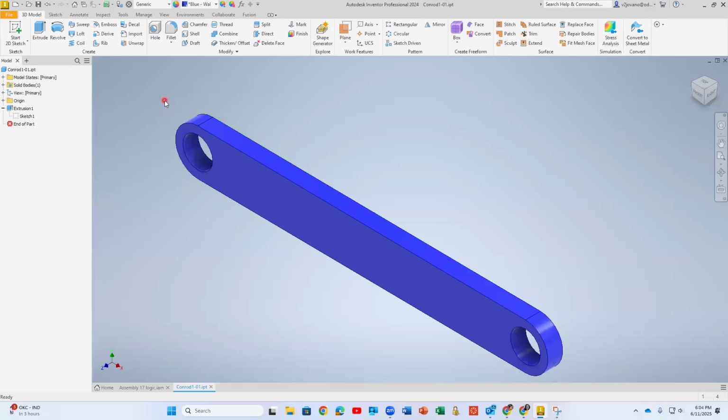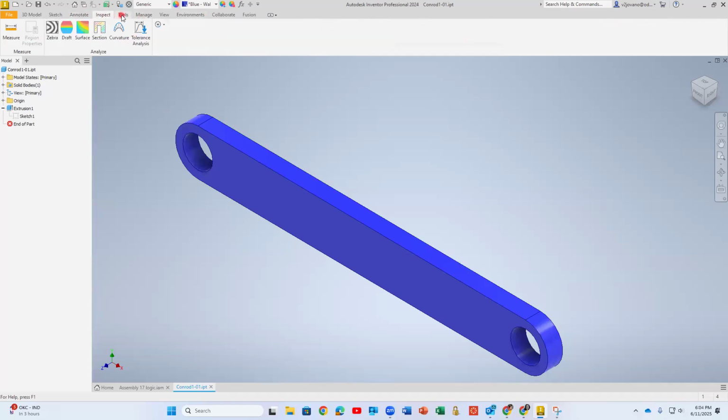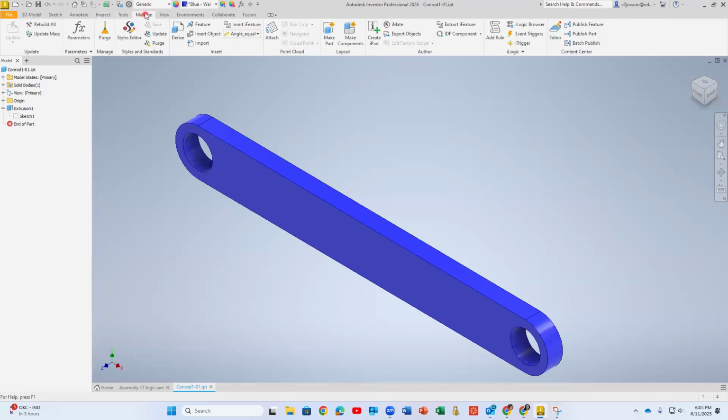Many of these, they will have different options. You can also try to see what are different things you can get. And you see, you can also export this, like I said, to different CAD format. You can inspect different tools there. Under manage, you have